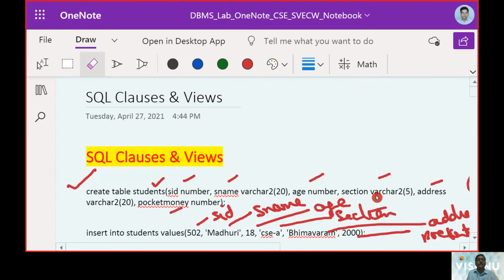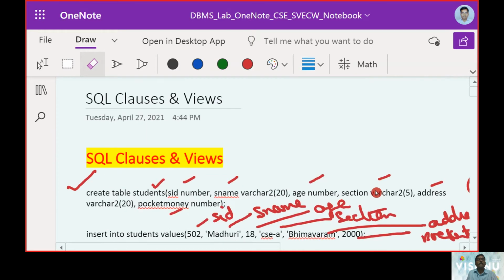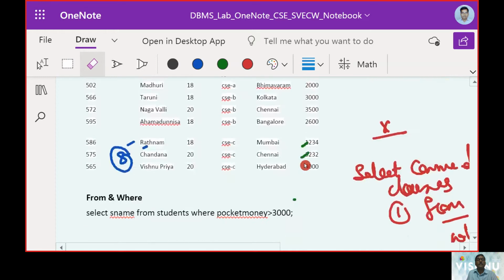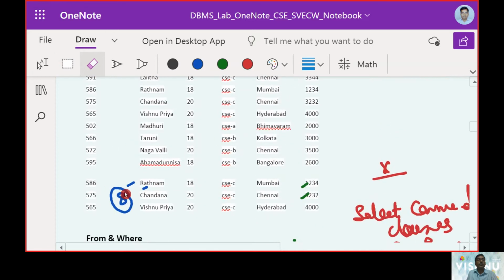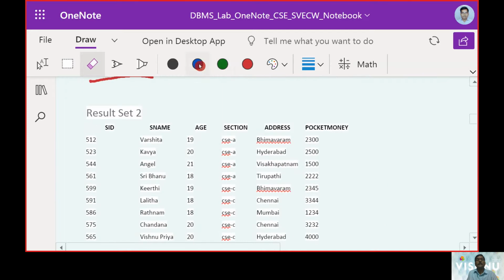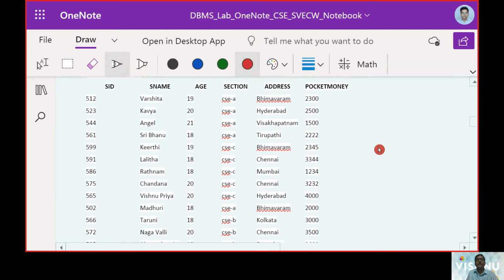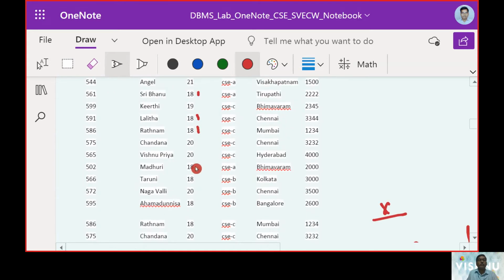So if such is the case, the easy way was to identify first who is less than age 19 years. So then we will be getting 1, 2, 3, 4, 5, 6, 7.